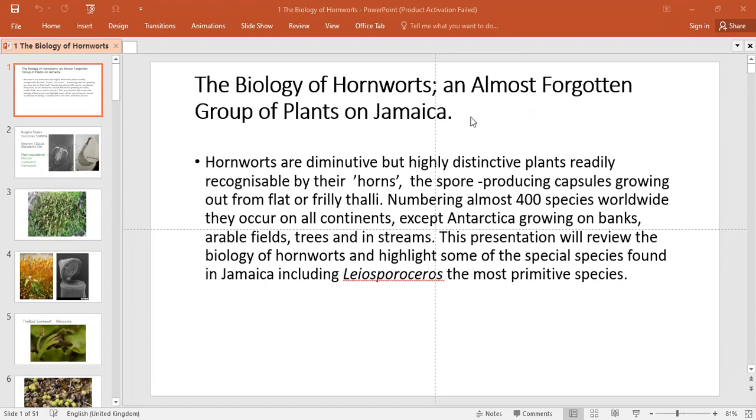Anyhow, I gave a synopsis of what I'm going to talk about: hornworts being these highly distinctive plants, occurring on all continents. And so what I'm going to do today is review the biology of hornworts in a wider context, and then have a look at Jamaica, what we might have there. Well, all right, hornworts